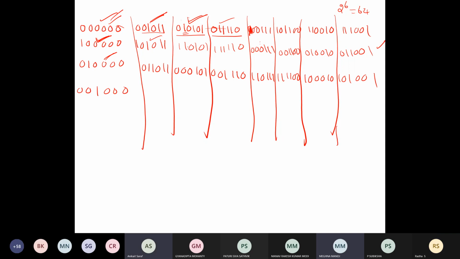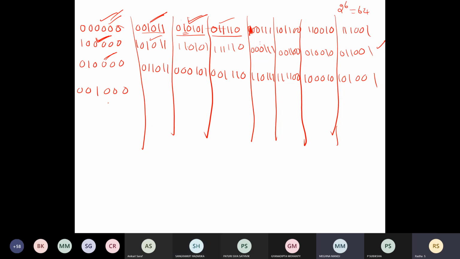Excuse me, ma'am. Any doubt here? Ma'am, the first column element can be anything, right? Depending on our choice. Restriction: better always start with the minimum number of ones. See, every time you are adding one means you are going to add one error. Adding a 1 in the first position means you are changing the first position. There is an error in the first position. That is the meaning, right?